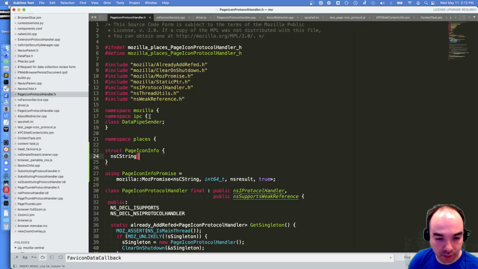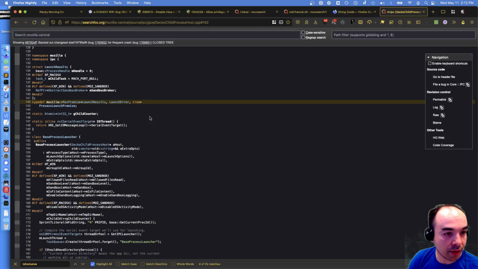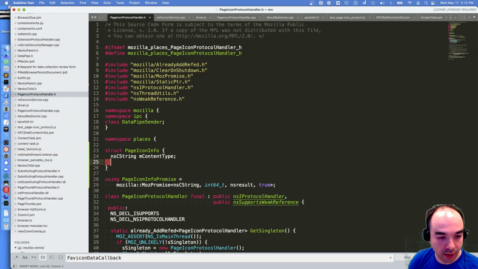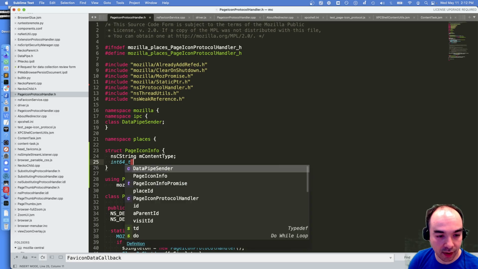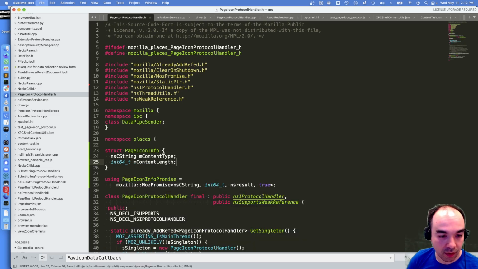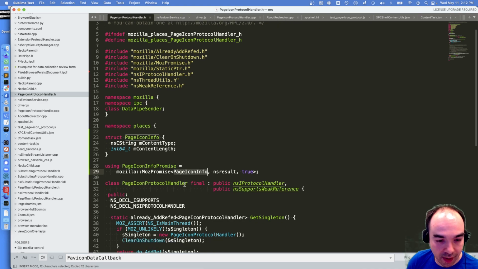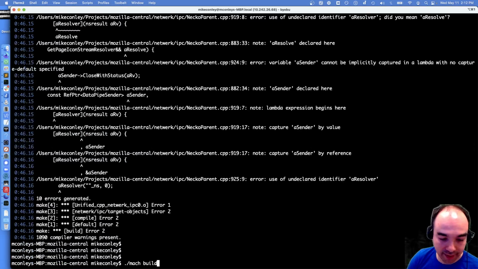We're going to call it mContentType. And then we have the int64_t contentLength. And that's what we're going to pass. PageIconInfo. Does that work? Do you like that?